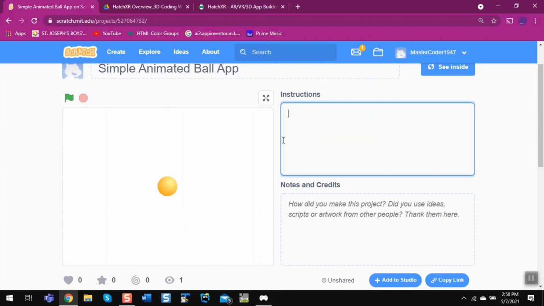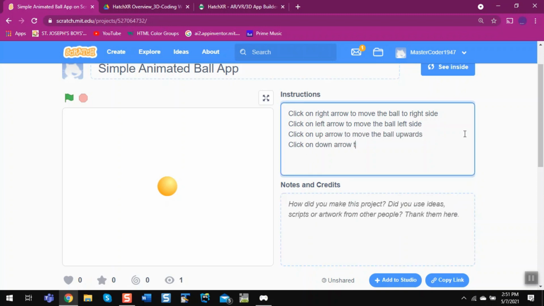Okay, so to do that, I'm going to say click on right arrow to move the ball, and I'm going to do this, move the ball to right side, and then I'm going to do this for all the instructions I'm going to put here. Now we have put all the instructions here.